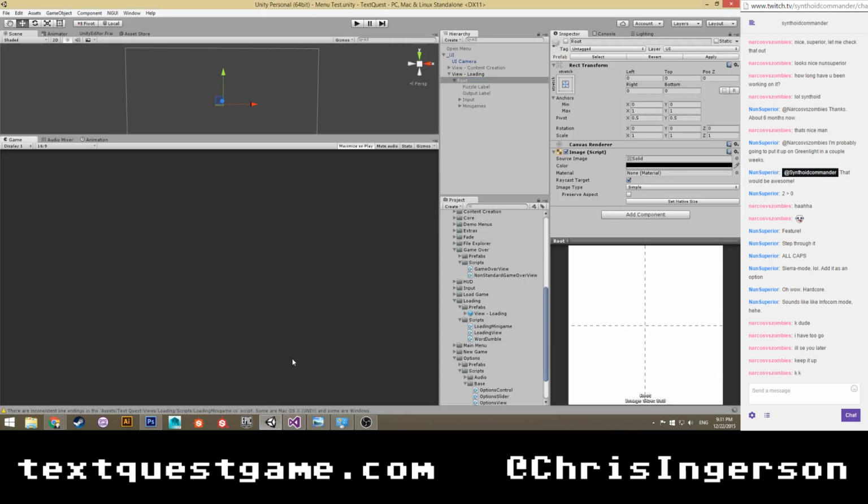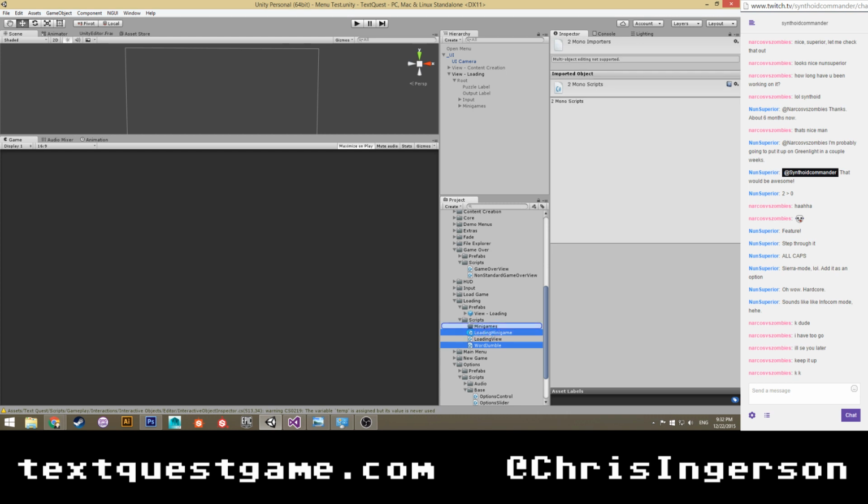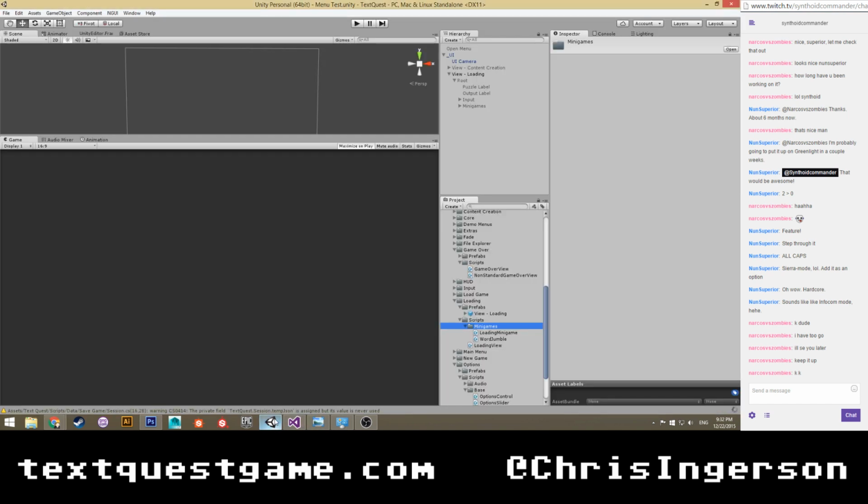So the next thing I'm going to do is create a folder called minigames. Pull these two scripts into there. Reload all.